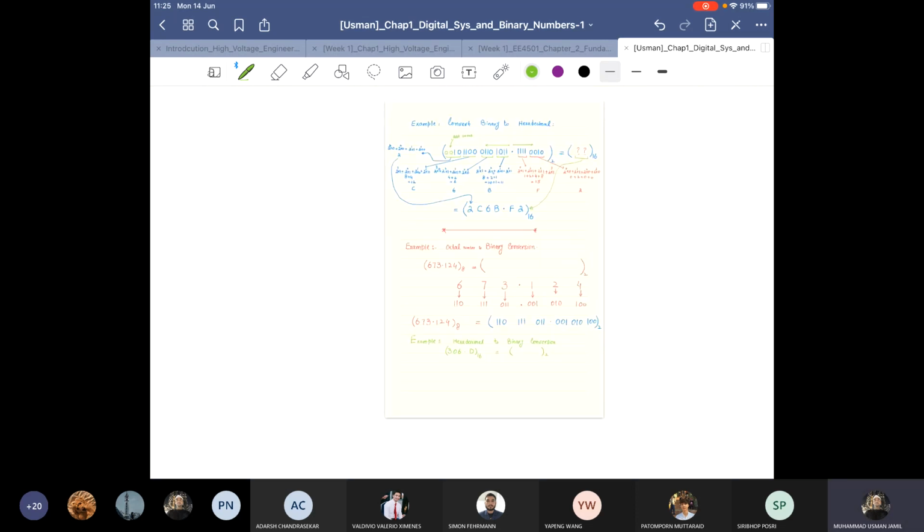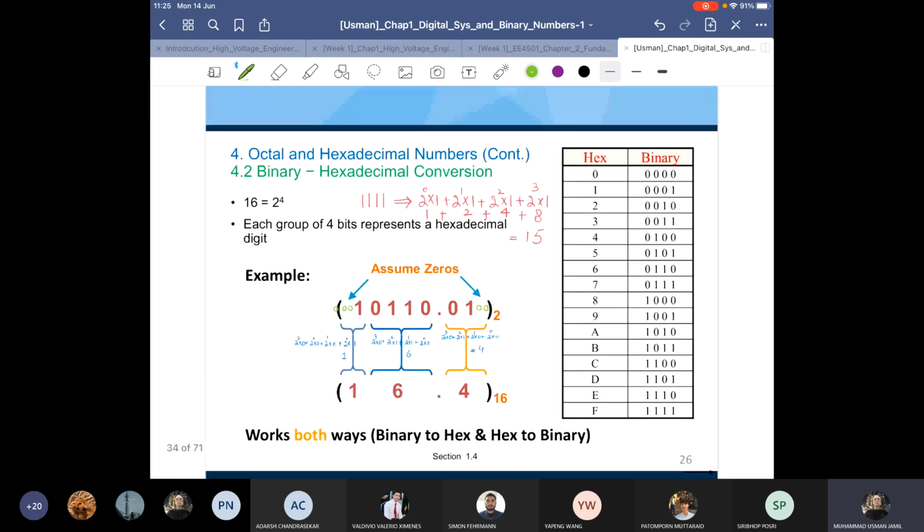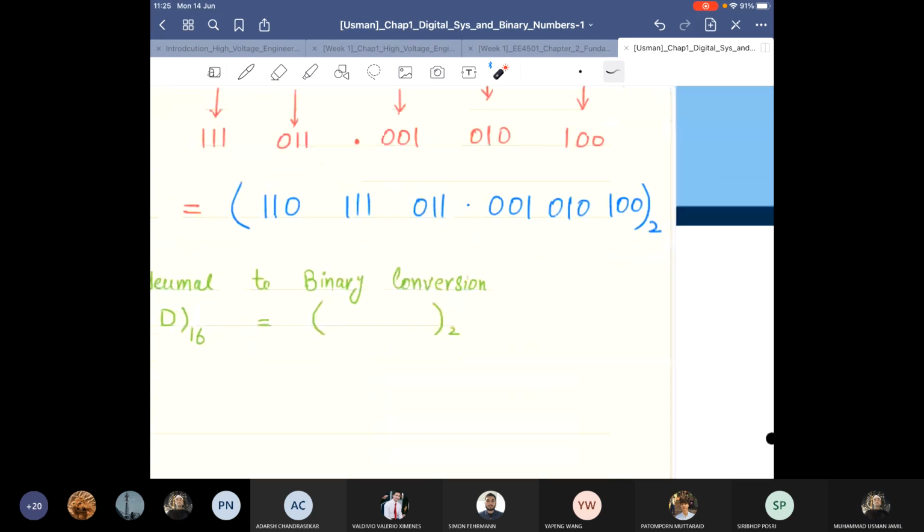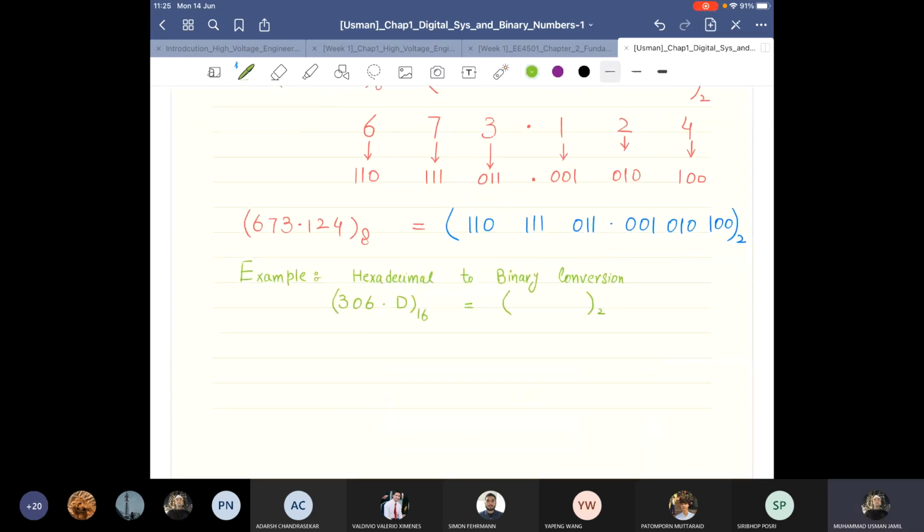For this question, use this table, okay? Use this table, easy for you. For binary to hexa or hexa to binary, you can use this table. Then from this one, 306.D.